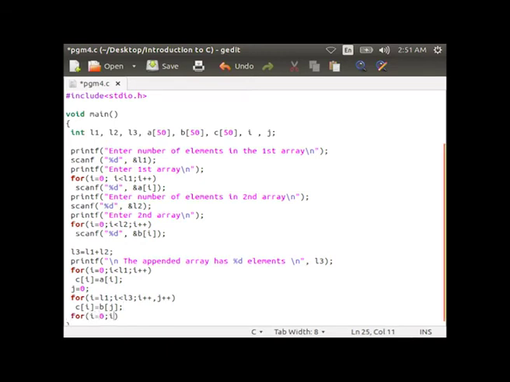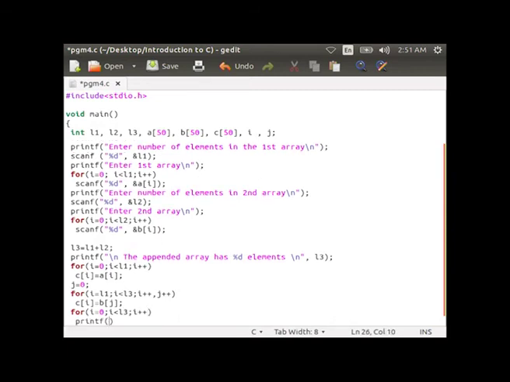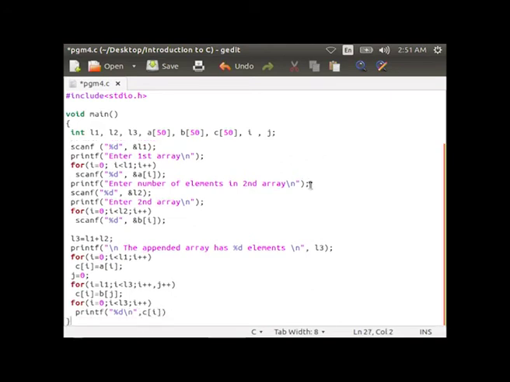For I equal to 0, I less than I3, I plus plus. Printf, percentage %d comma C of I, and close the braces. Make sure that you have entered semicolon after each program statement. In this program, I1 and I2 store the size of the array elements.